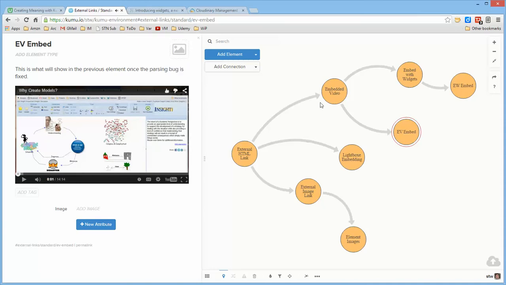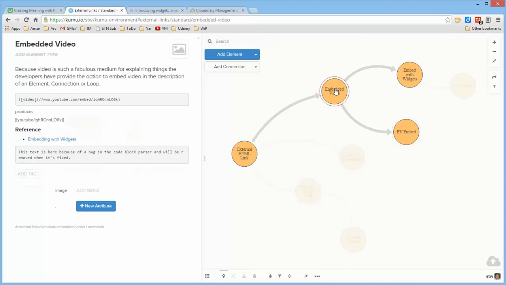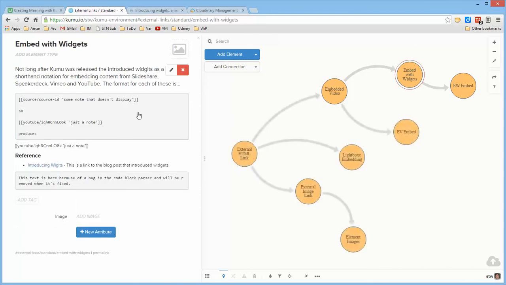Though for some videos that are embedded, this particular view is so small that it's not easy to see whatever is presented in the video itself. So the developers came up with something called Widgets, which allows one to display the video in what's called a light box, so that rather than